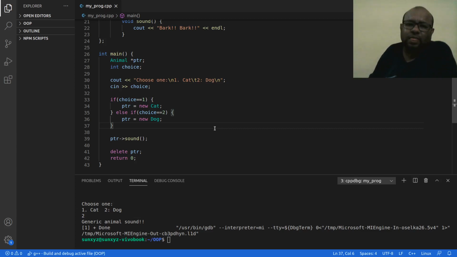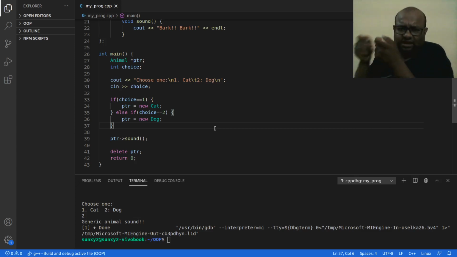Contrast that to what we had before, when I did not have this virtual keyword. When I did not have this virtual keyword, then during compile time itself, the function that is going to be called would be in my parent class. The overridden function in my child class is anyway not going to be called. So I already knew beforehand what to call when running this program.